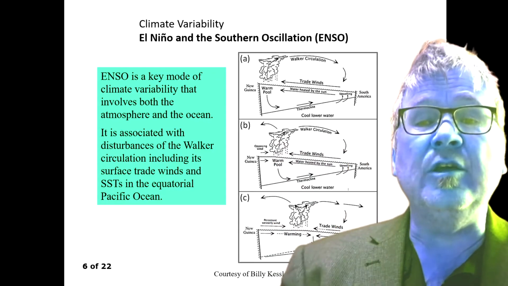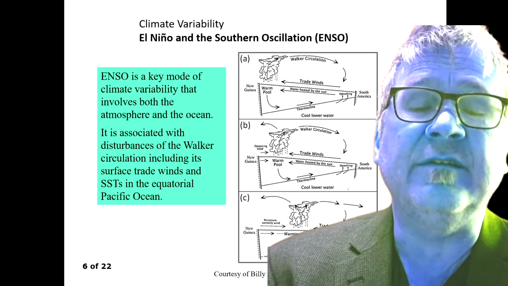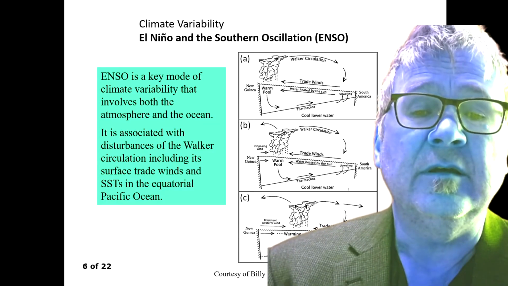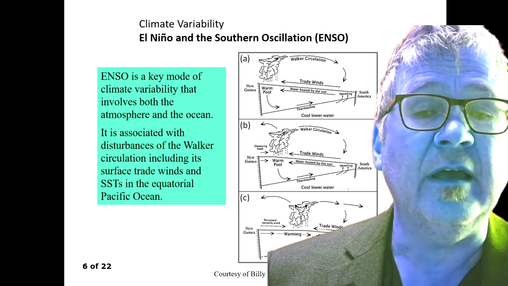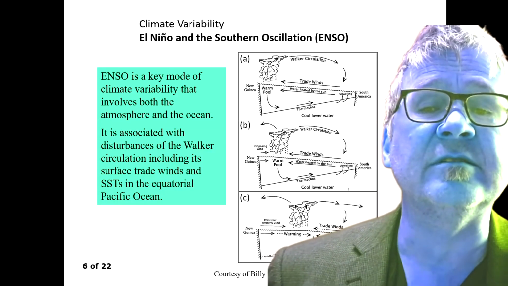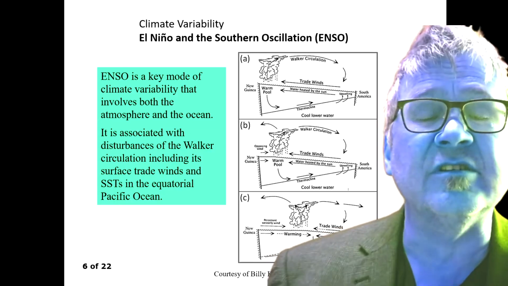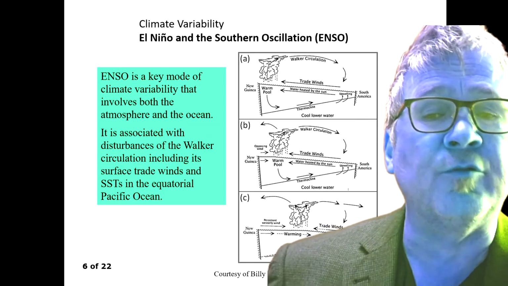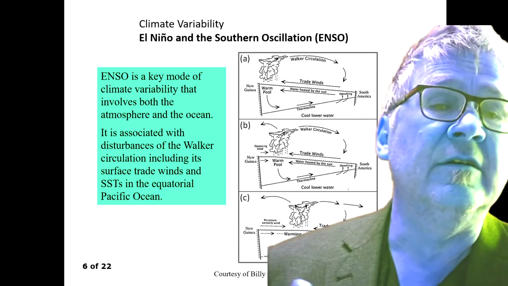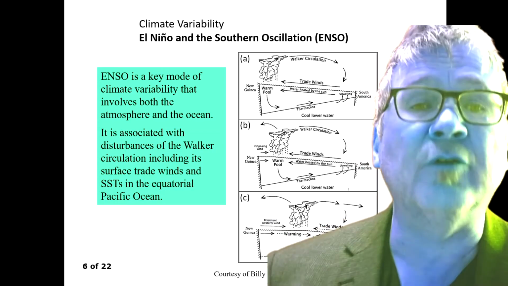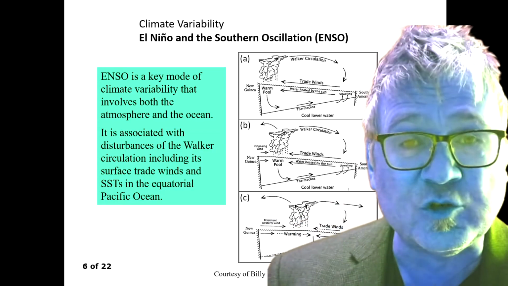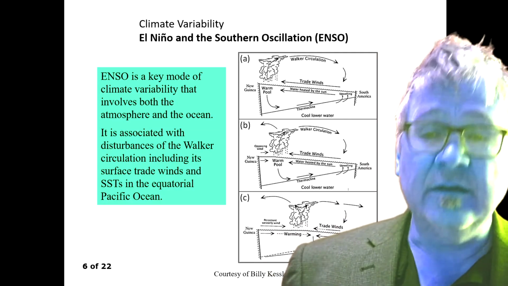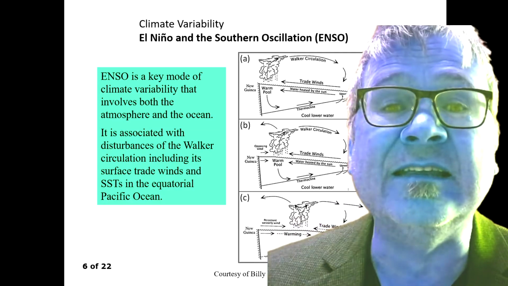And El Nino is a feature that happens on the eastern side of the Pacific Ocean. It's to do with upwelling on the eastern side and the suppression of upwelling on the eastern side. And the Southern Oscillation is a feature that meteorologists discovered in the atmosphere, variations in the cloud cover in the western Pacific Ocean. So the combination of these two features implies that it's a coupled